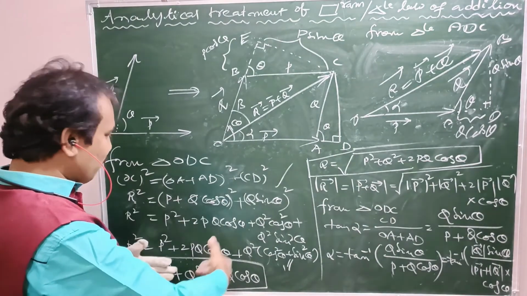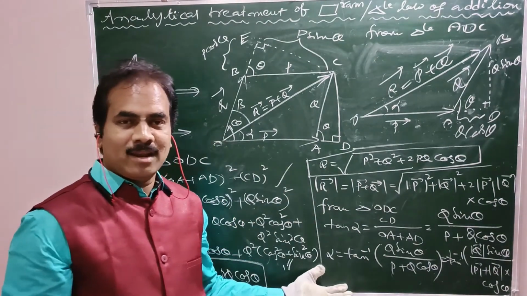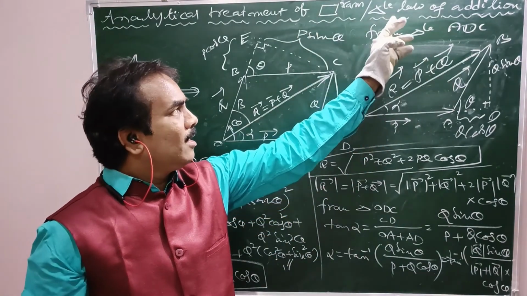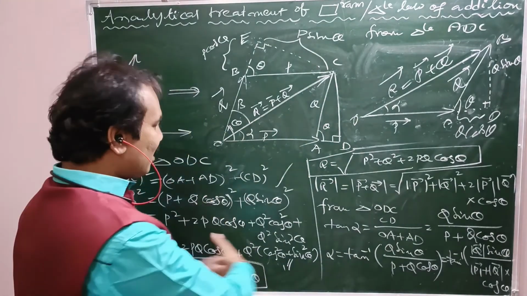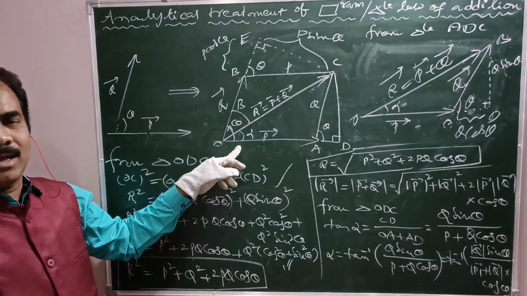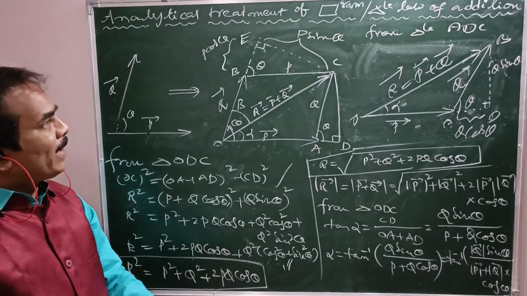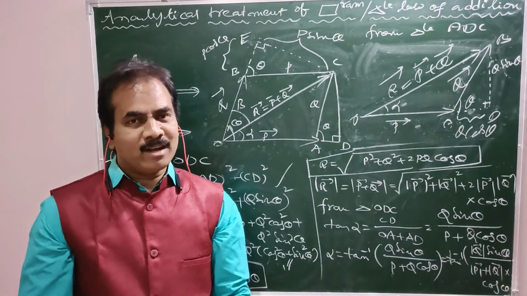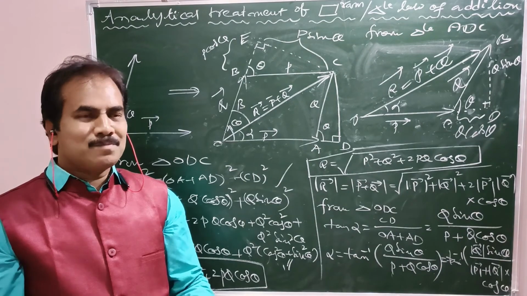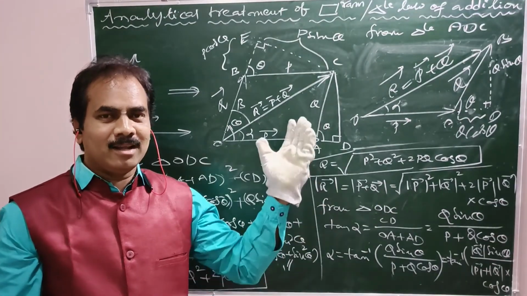So the same steps will be repeated once again if you go further, so no need to write once again. In this second case also, that is the triangle of addition, the result is the same as in the previous case. So that is how one can analyze the parallelogram, otherwise the triangle of addition of vectors. In the next class we will see special cases of the parallelogram law of addition and numericals based on that law.